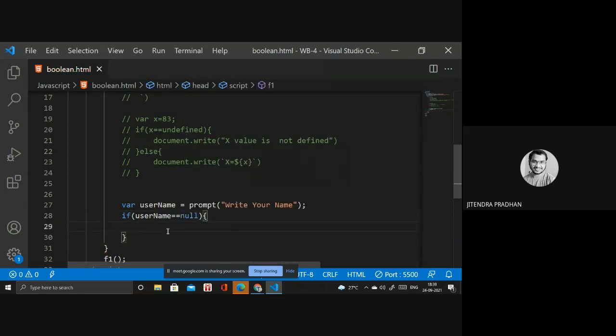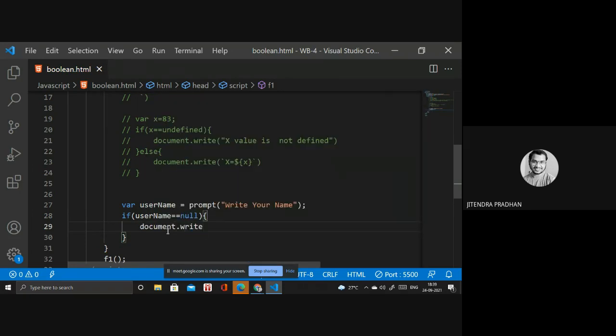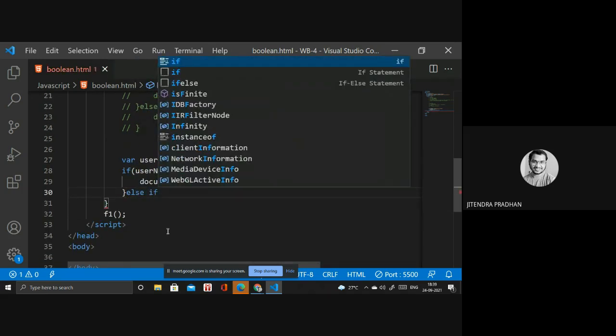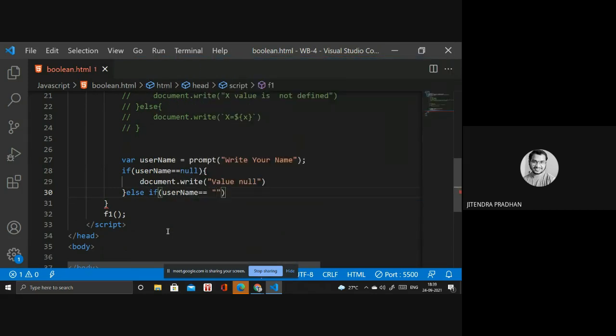So it will document.write, and I want to print it is null. You can write something like value null, whatever you need. Next thing is I will write an else if inside, username equal to empty space, meaning we are not writing anything.